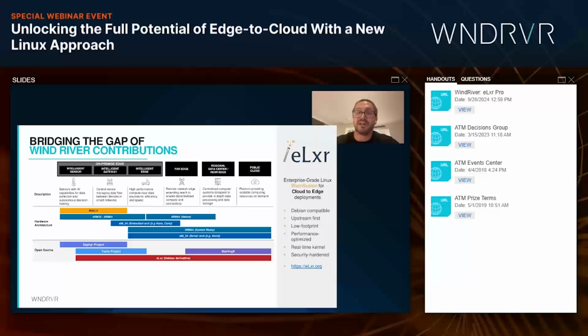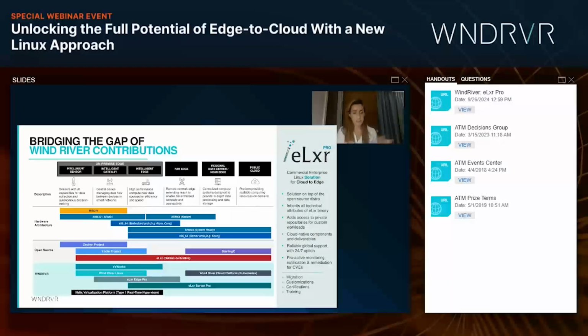Now, Lexi would love to understand and show people a little bit, how does this fit into the Wind River portfolio strategy? Absolutely. As Derek had mentioned, our strategy has always been upstream first development, but our new Elixir Pro commercial offering also fits the continuum of offerings that we have from VxWorks, which happens to be the industry's most widely deployed real-time operating system, and our existing Linux offering, Wind River Linux, a commercial embedded Linux operating system that does contribute back to the Yocto project.